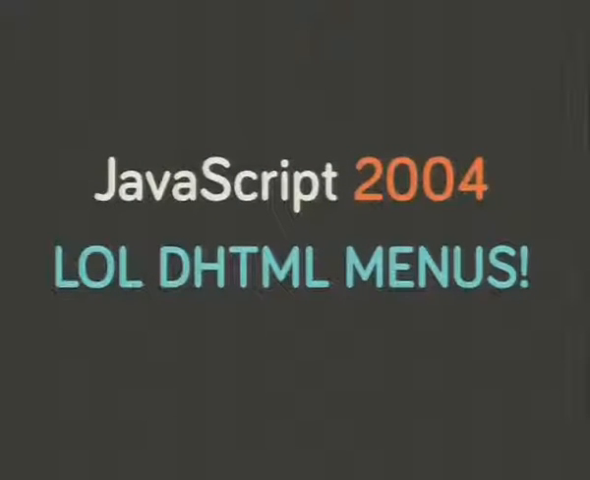So I thought I'd start by summarizing the talks that we've had so far today. I think I can safely summarize Peter's keynote this morning with that: lol HTML menus. This was actually my talk before your talk this morning, so